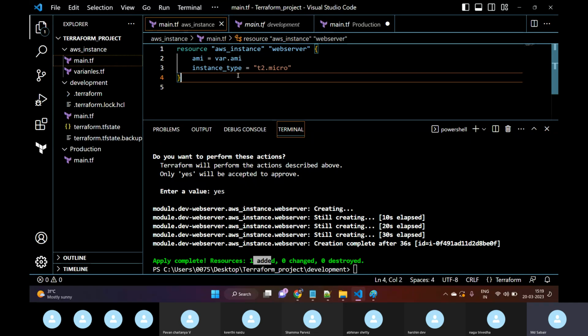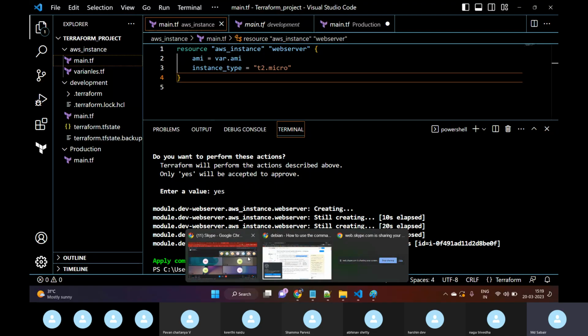Basically, as in plugins we have three types of plugins, right? One is official, one is partner, and one is community. Similar to these, modules also have two different types. One is official, that is provided by Terraform, and one is community. Any user can develop a module and push it back to the registry. Okay, so if I go to my Terraform registry,